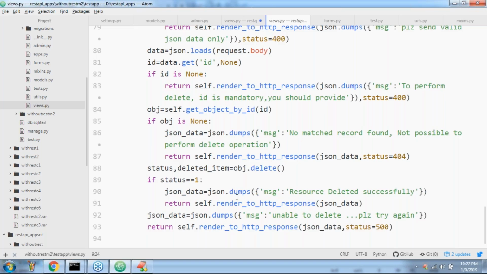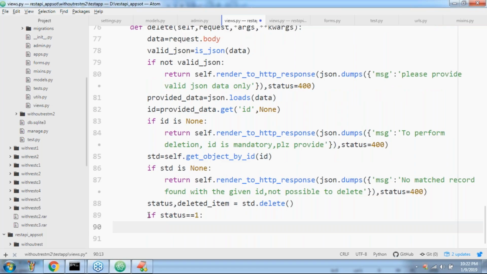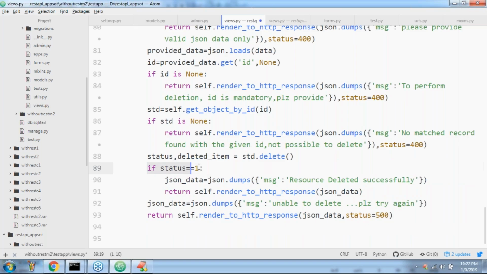If the status is equal to 1, resource deleted successfully, return self dot render to http response of JSON data, JSON dot dumps, unable to delete, please try again. Okay, like this. Can you please confirm? Any doubt?